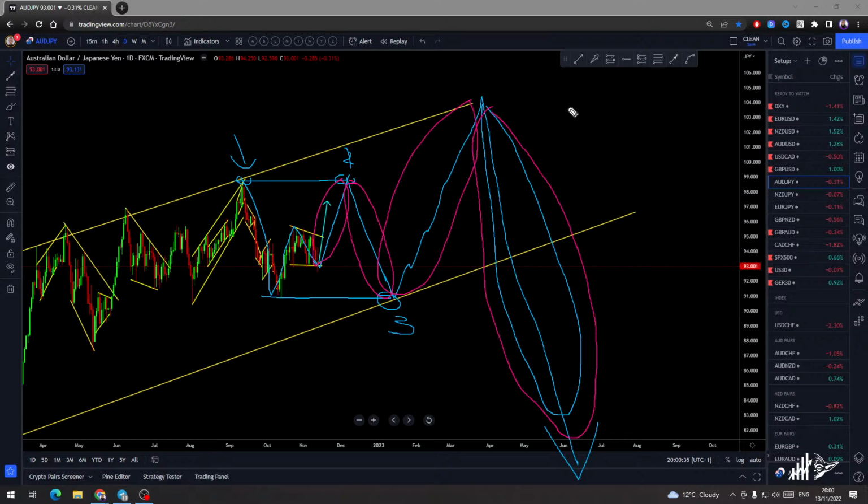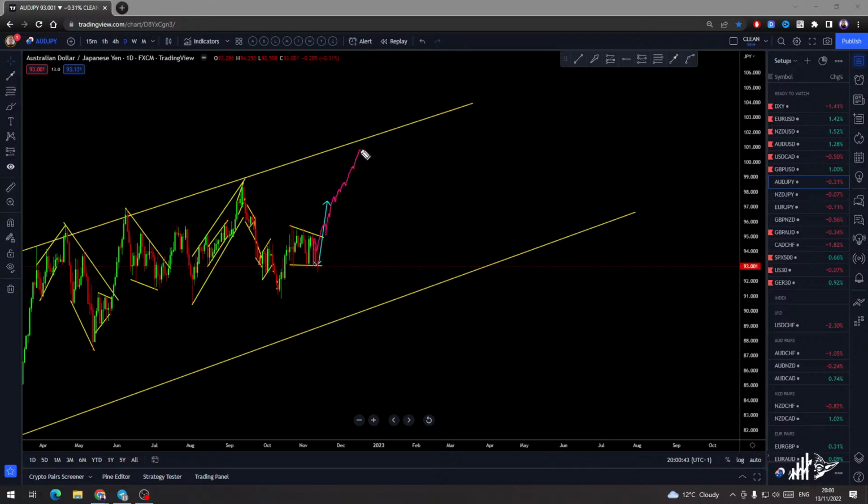Okay, all those are possibilities that I'm showing you. Another possibility is that this can go up right away and then drop like crazy, which will speed things up. Instead of seeing the drop next year, you can see it even this year. So these are all predictions and possibilities, but this wave tells us what the price will do. This is a very important wave which you have to read correctly. If you read it correctly, you will know what the price will do, and of course you have to take the benefits from this understanding.